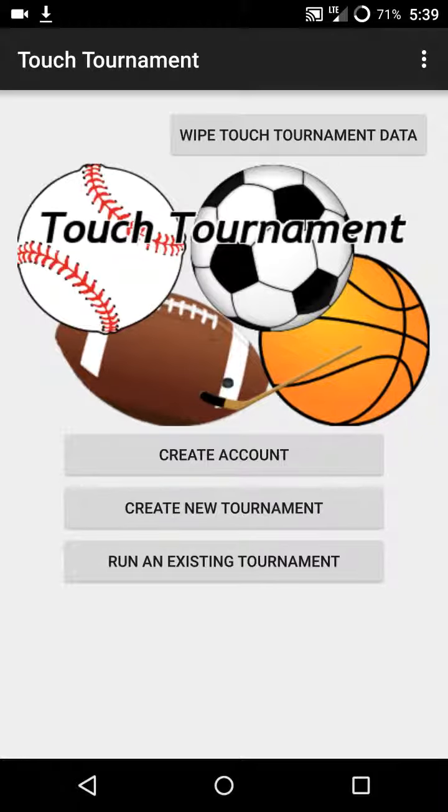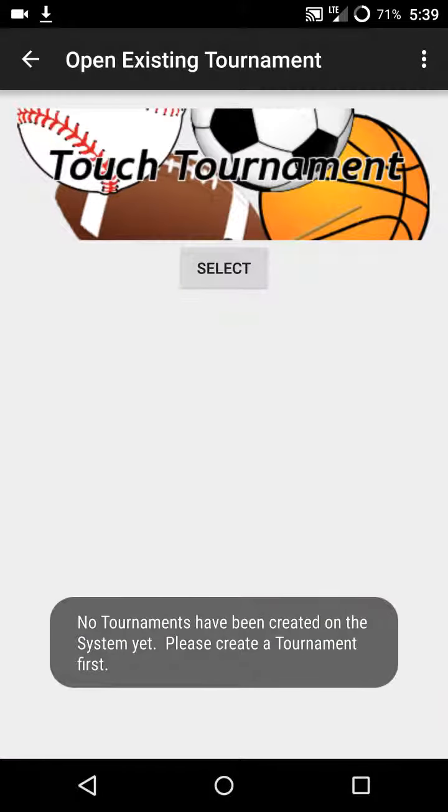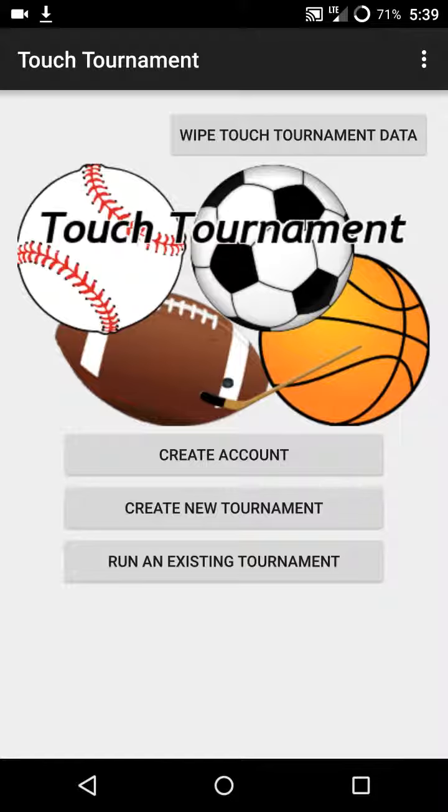So right now, this is a fresh install of Touch Tournament, and there's, for example, a run existing tournament button, but no tournaments have been created, so no tournaments exist. It'll kick you back out. First step to create a tournament, you'll have to create an account,